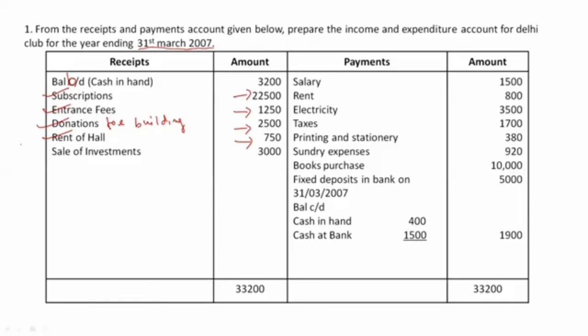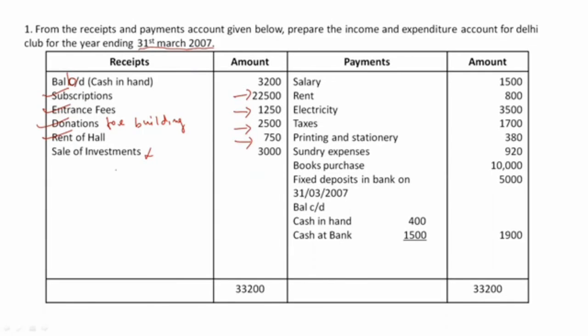Right, so tell me, do we sell our investments every day? No, right? So investments are my assets. Okay, we won't sell them every day, but in case instead of sale of investments, it was given like interest on investment, then I will treat it as a revenue item or my revenue income, because on investments I'll be regularly getting interest, but we will not sell our investments regularly. So we will not take it here. We will just leave it, right?